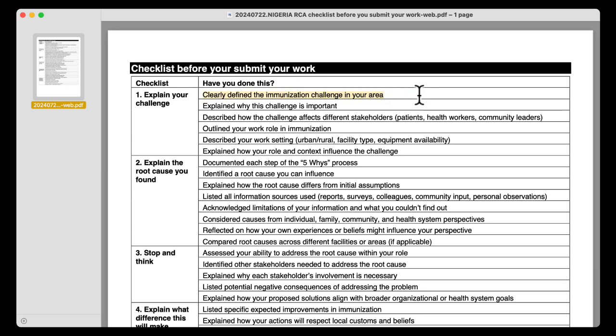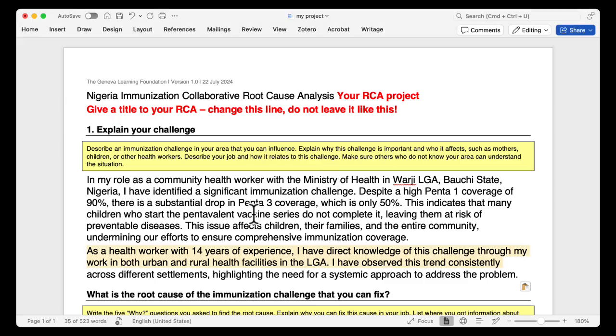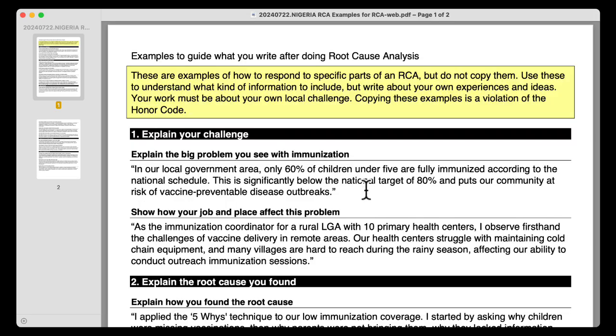Say, have I clearly defined the immunization challenge? Have I explained why the challenge is important? Have I described how the challenge affects different stakeholders? Have I outlined my work role in immunization? Have I described my work setting? So here you can see that this person has done most, if not all, of those things. You can also go to the,